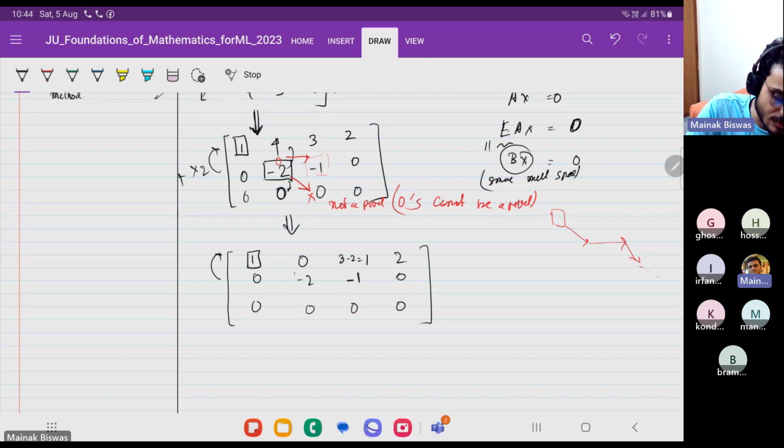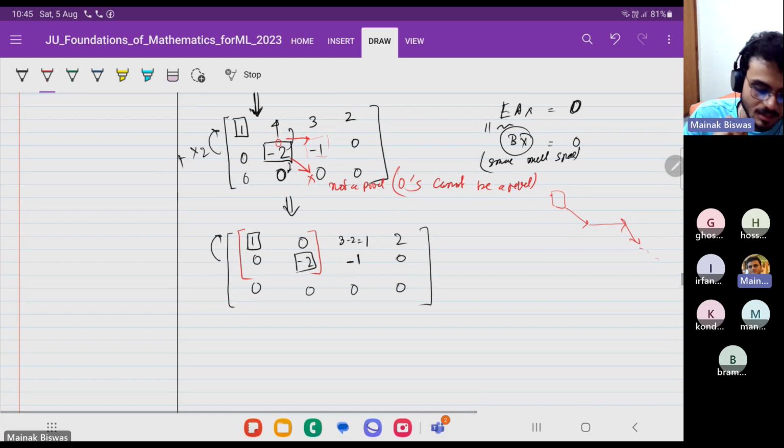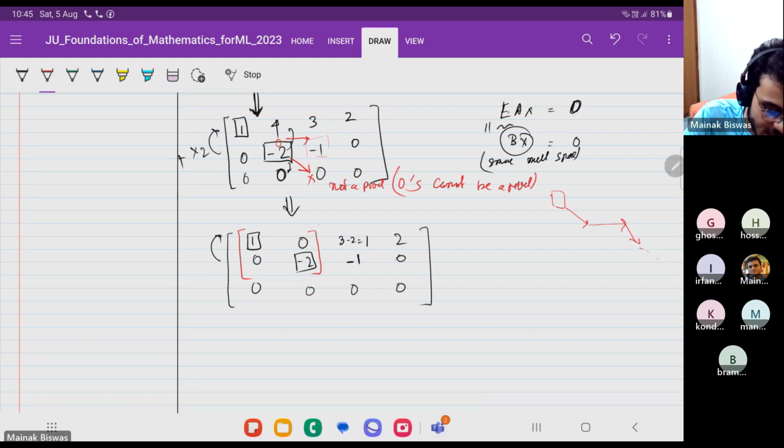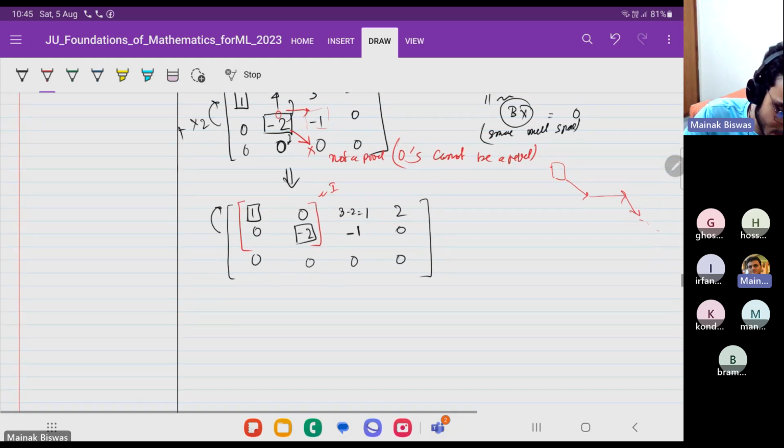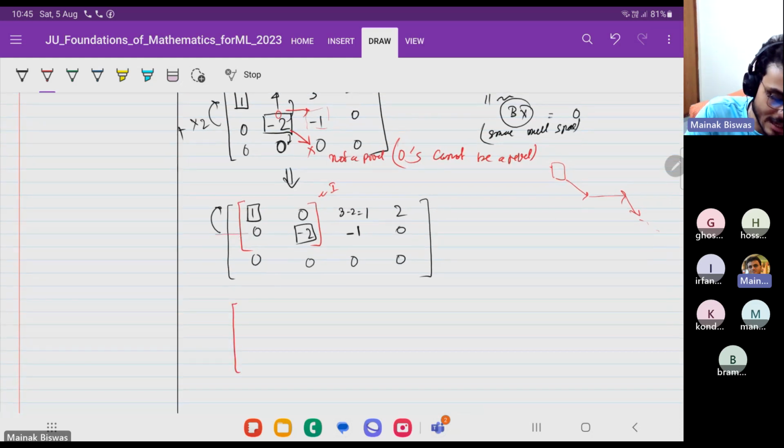these are my pivots. So I'll make a submatrix with these, something like this. Right? If I make a submatrix like this, I want to make this I. I'll show you why. So if I make this I, how will I do that? Divide the second row by half, right? Minus half. Yes or no? Yes. So what will I get? 1, 0, 0, 1